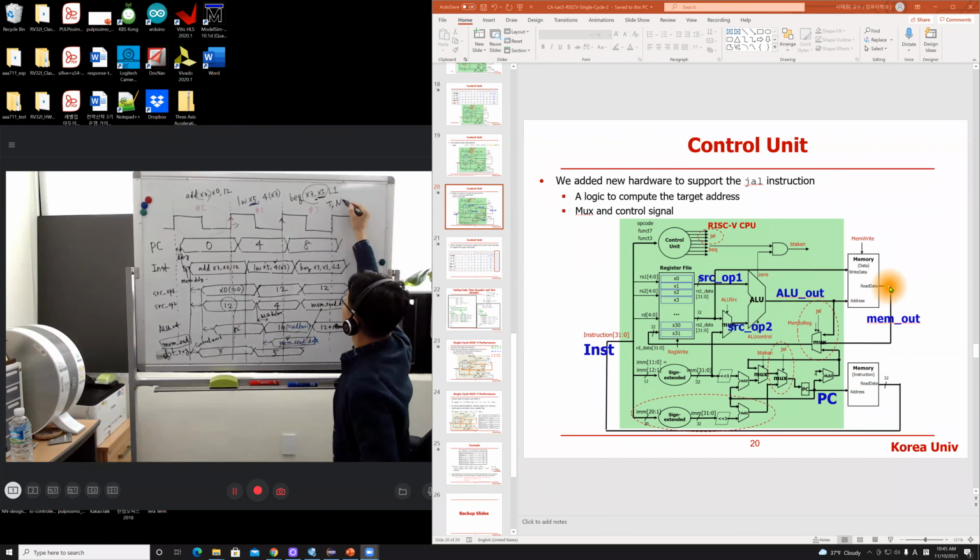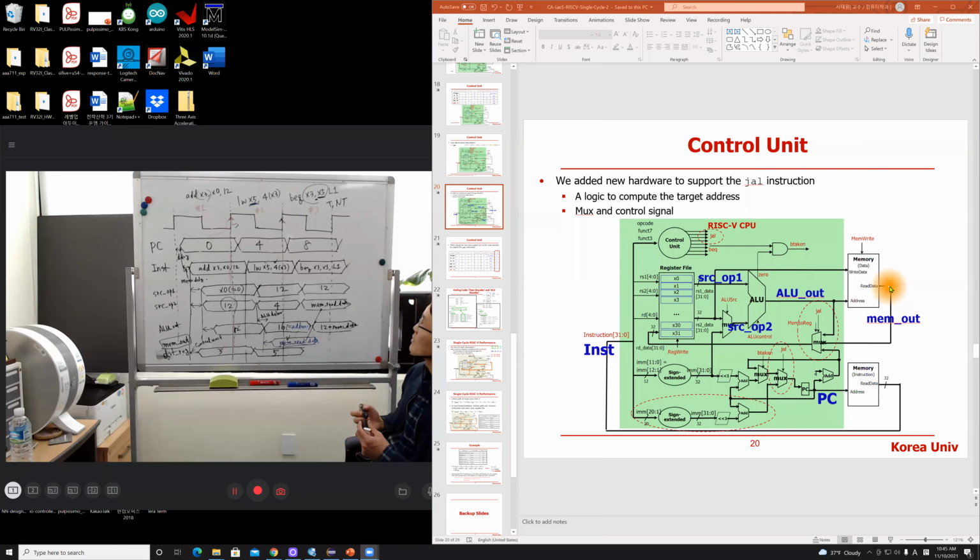Let's assume the branch is taken. Then what should happen? If the branch is taken, the program counter should be updated with the destination, the branch destination, which is computed